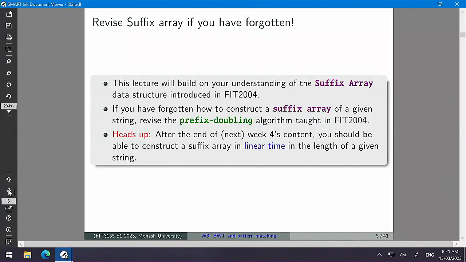It offers a completely different approach to linear time construction of suffix arrays, called the difference cover modulo 3 algorithm, the DC3 algorithm, in the circle, in the in-group. So if anybody wants to learn beyond what we are talking about, because time is a very finite entity in this unit,